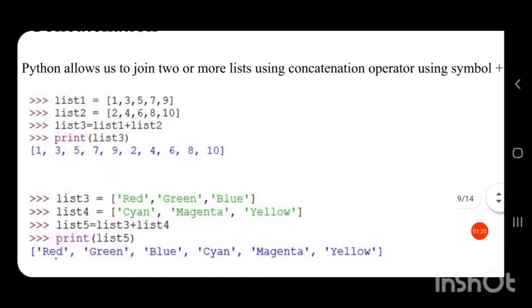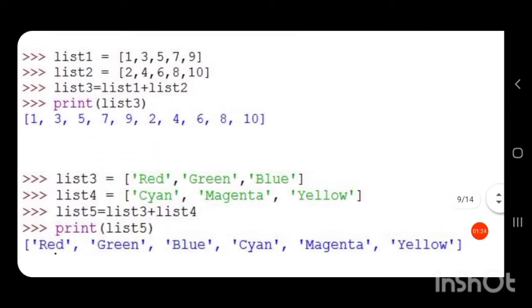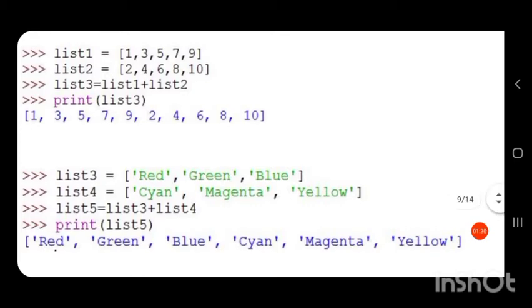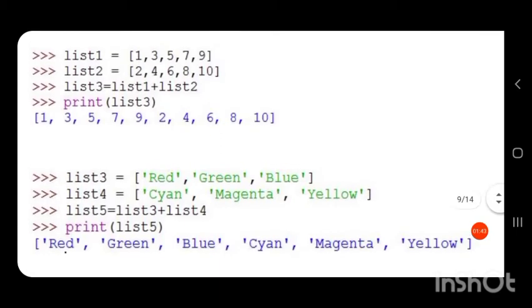Now let us see how this concatenation works. We have list1 equal to, in square brackets, 1, 3, 5, 7, 9. This is a list. Another list, list2, is equal to 2, 4, 6, 8, 10.